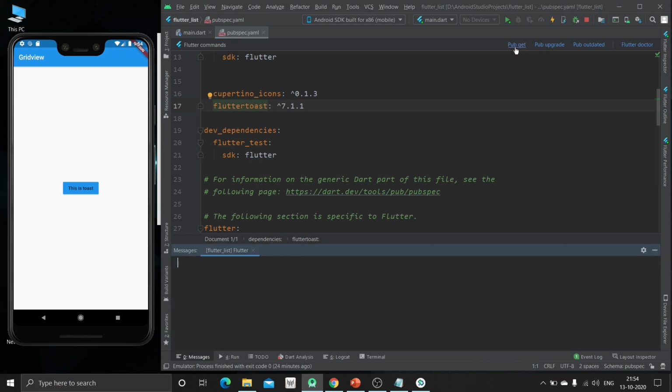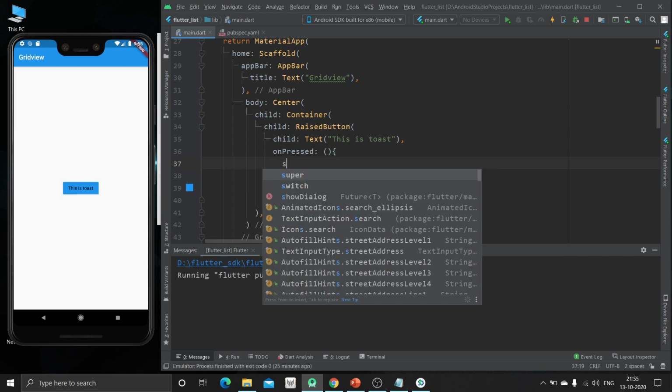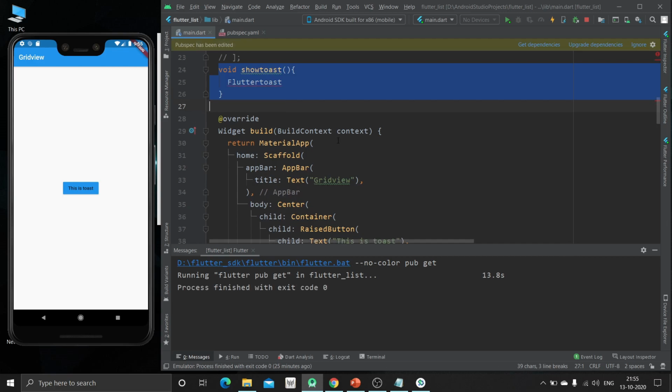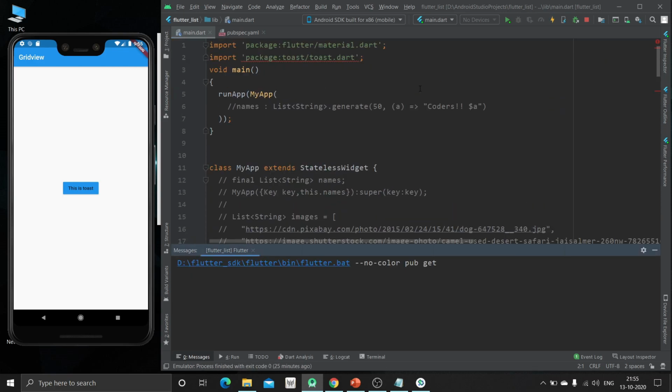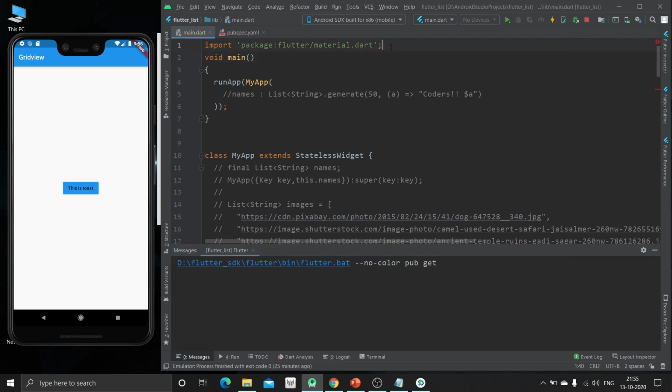Just get the package by running pub get. Now we can undo all the things which we have done. So now we are going to get the dependency.